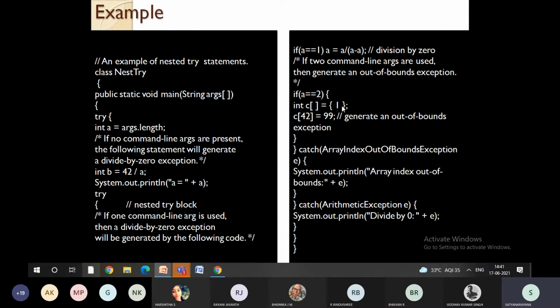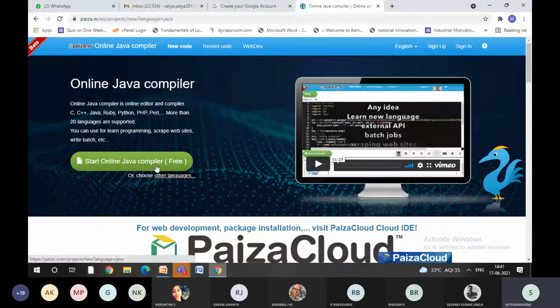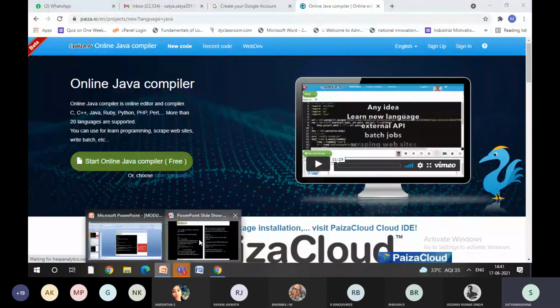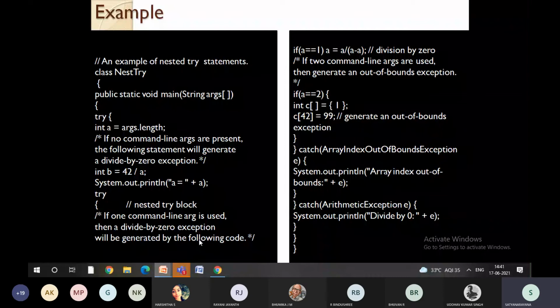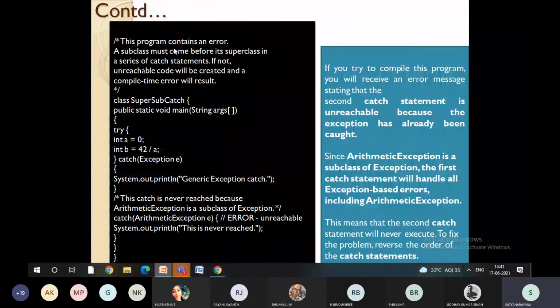So this also you can do. One you can write for divided by 0 exception, one you can write for out of bound exception. Again, you will going to have multiple catches. One is for the divided by 0, one is for the array index out of bound. So that means a particular program may have any number of try blocks, any number of catch blocks. So it purely depends on your requirement.